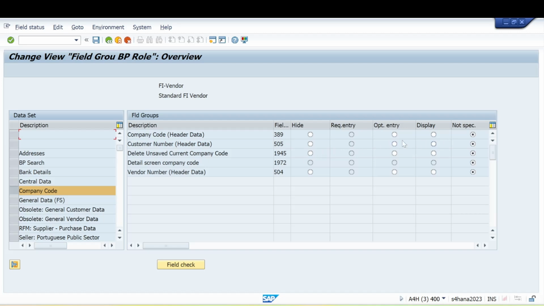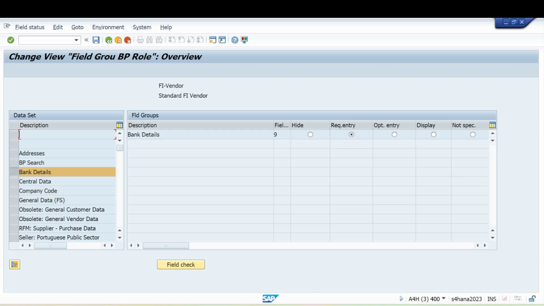Someone has made changes from here, and someone made that a required entry. So we have to find that first. We need to find the bank related field. So which one is a bank related field? Here it is: bank detail. See, someone made it a required entry. So it must be optional only.